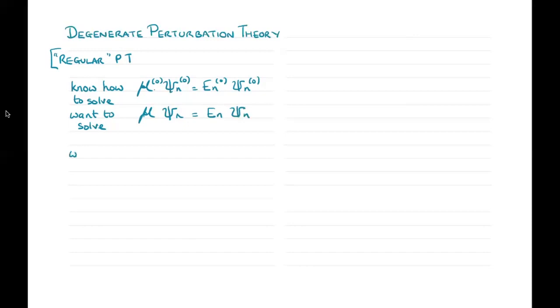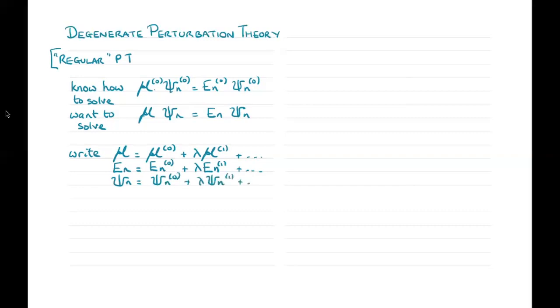And so we write our general Hamiltonian as the zeroth order Hamiltonian we know how to solve, plus a first order term and possibly higher order terms. And likewise, we write the energy level as the zeroth order energy plus a first order term and possibly higher order terms, and the wave function. And then we can derive